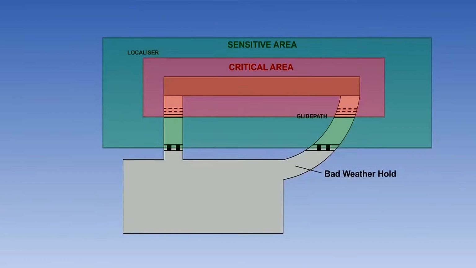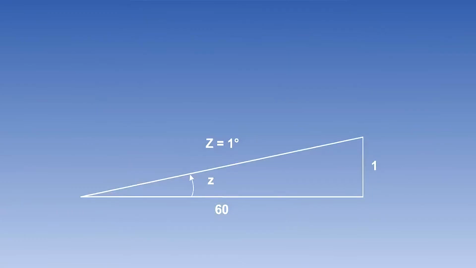Questions to determine a rate of descent or ROD, or to determine height at a given distance, are frequently asked in the ATPL exam. The answers are all based on the 1 in 60 rule, which states that an angle of 1 degree will, after 60 nautical miles, subtend the side of 1 nautical mile.